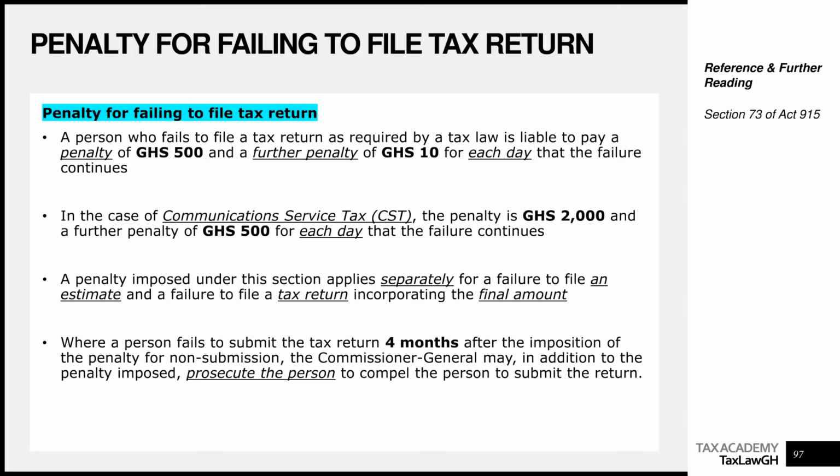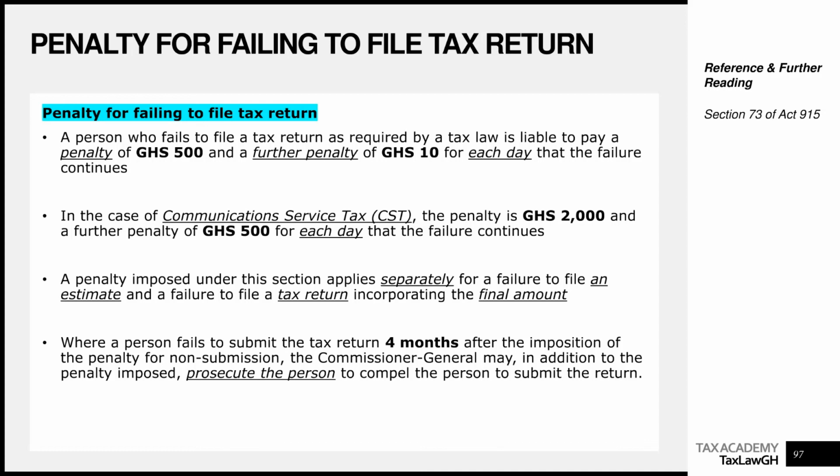Let's say, for example, VAT returns are due on the last working day of the month, right? You fail to file the return on that date. As soon as you miss that day, 500 cedis is due, instant. Then every other day that you don't file, 10 cedis will start building up. So day one, you miss 500 cedis. The next day, it becomes 510. The next day, another 10 cedis, 520. The next day, another 10, 530, 540, 550, 560, 10 cedis each day until you file the return. Just take note. If you don't file for 3 years, 4 years, 5 years, imagine you add 10 cedis every single day until you file. So it's very, very hefty.